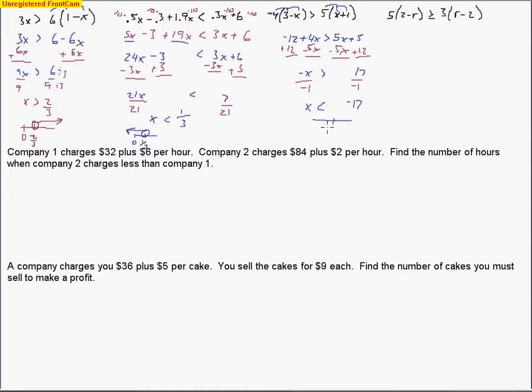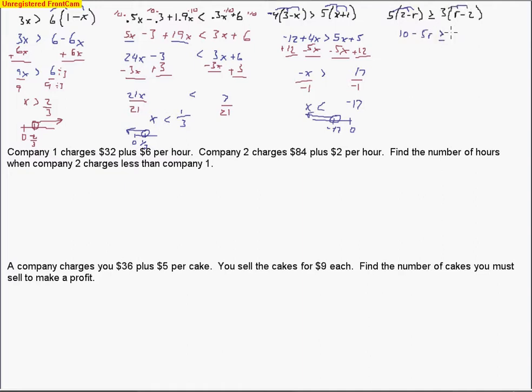So -17 in the center here, and we'll have 0 off to the right. That's where it goes. Open circle, and values of x are less. Less means to the left. Last of this type, we'll distribute. So we're left with 10 minus 5r greater than or equal to